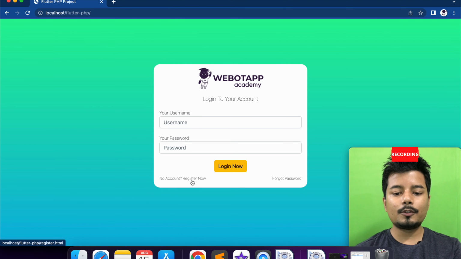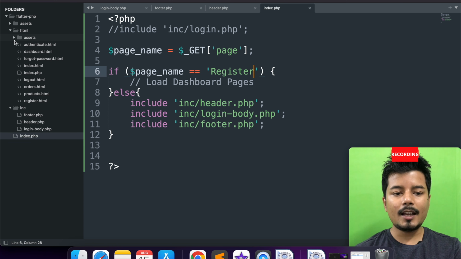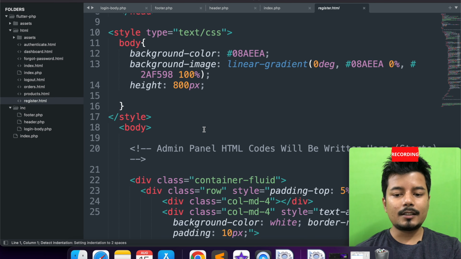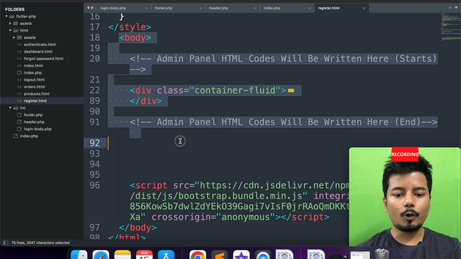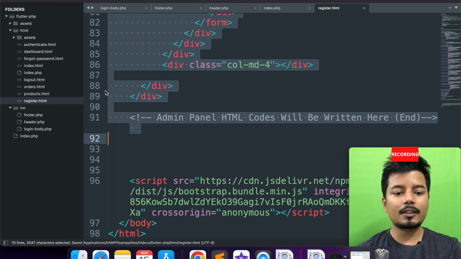And now we have to create the other pages like register now and forgot password. To create these pages, we have to create one condition. In this case, the page name equal to dashboard. Instead of dashboard, let me type register, and from the HTML folder I will go to the register.html page. So this is register.html, and from this section body to this section I will copy the entire code,